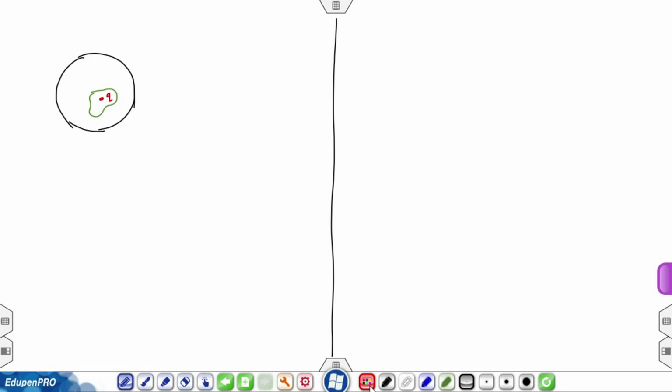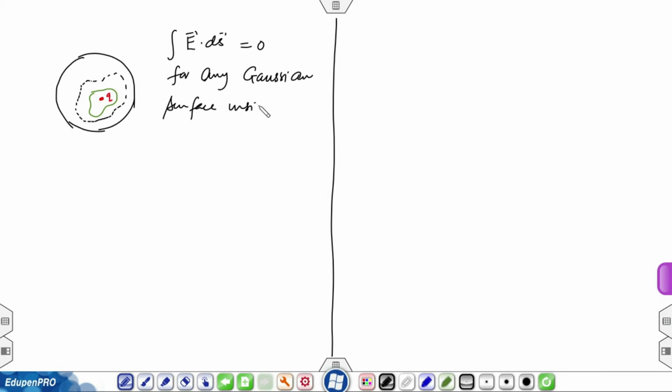Now, no matter what you do and where this charge is located, if I take a Gaussian surface inside the conductor, any shape, the integration of E dot dS is going to be 0 for any Gaussian surface inside the conductor. This means the net charge enclosed is 0,